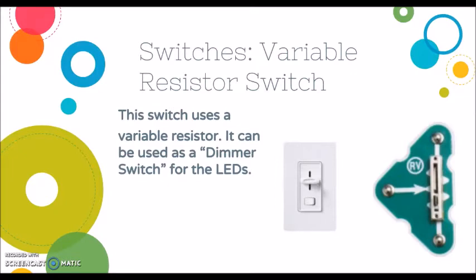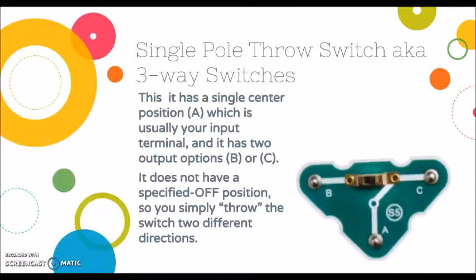It's different from the slide switch that we used earlier, because this one is more like a dimmer. It changes the amount of current in the system, or the current flow in the system. And finally, getting back to the 3-way switches, or the single pole throw switch,